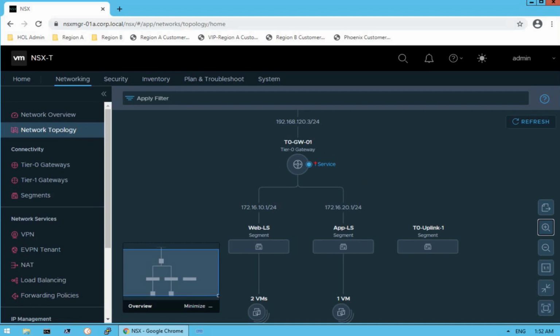If you try to decode that particular diagram, you see that there are segments created named WebLS and AppLS, and the gateway IP is 172.16.10.1. The 10.x network is for the web segment, and the 20.x network, as you see, is for the app segment. And the segment connected to the tier 0 gateway is our T0 uplink 1 segment. Now if you click on the VM,